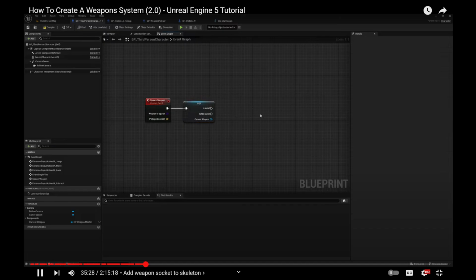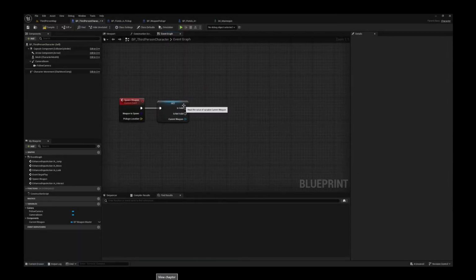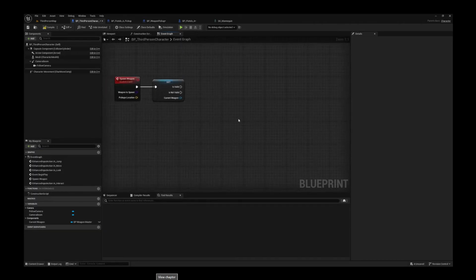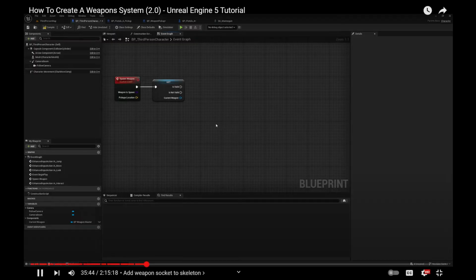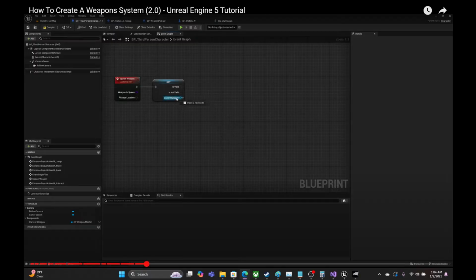a very, very quick and clean way of checking if we already have a weapon here. And so if we do already have a weapon, we want to spawn a pickup. We need to drop the weapon that we have to pick up the new one. So what we can do is drag